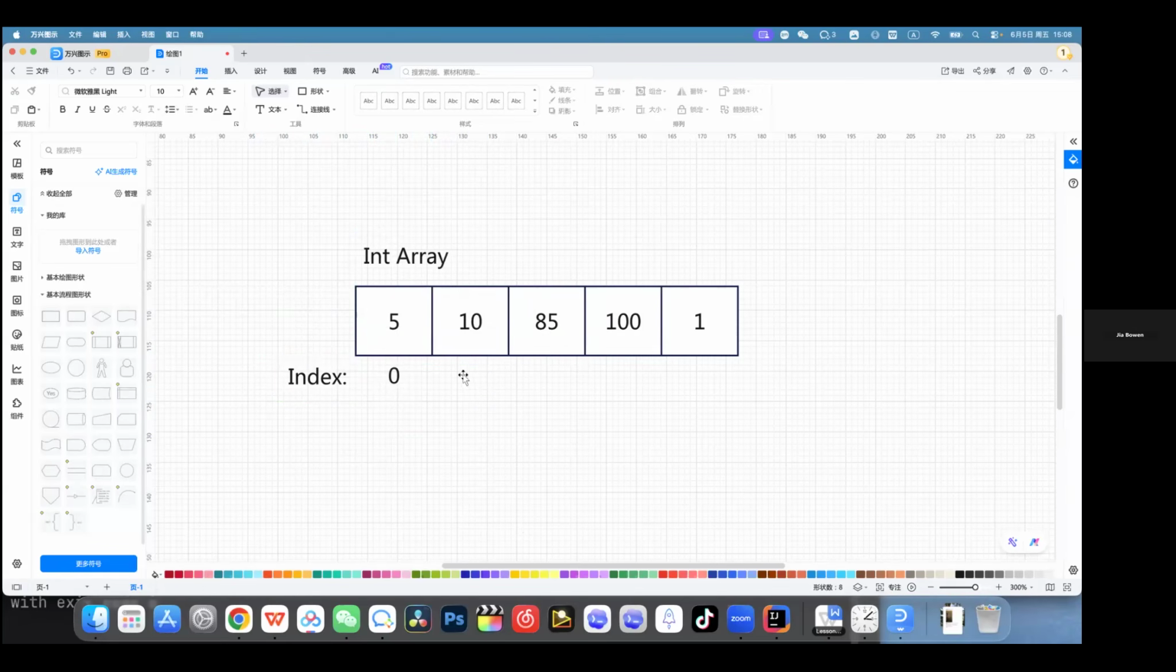This is the index, and index starts with 0. And the next one is 1. And this one is 2. And this one, 3. And this one, of course, is 4. Okay, this is 1, 2, 3, 4. And the last one, you see here,